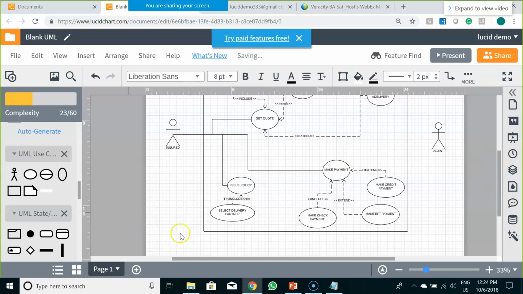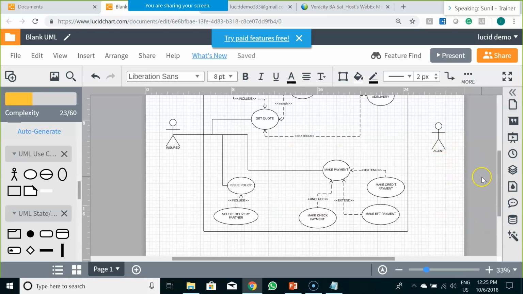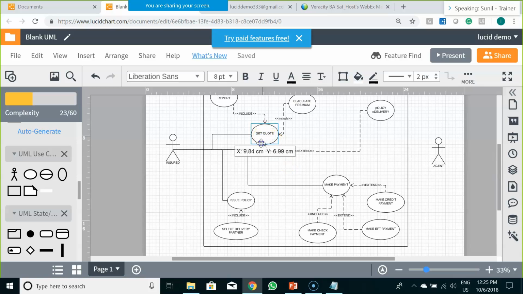Now anyone can be this delivery partner, whether it's an United States Postal Service, or it could be any private vendor like FedEx or Blue Dart. It could be anything, the delivery partner, and you would be having a relationship like that in a particular policy issuance system.